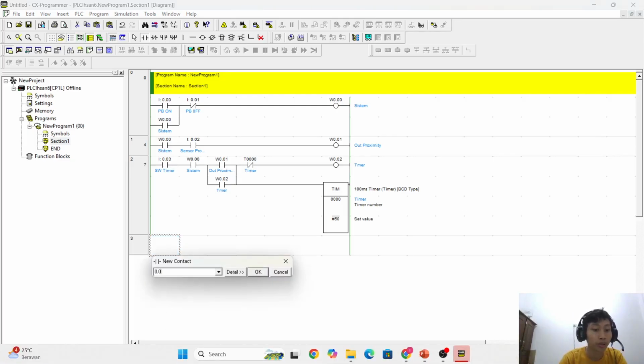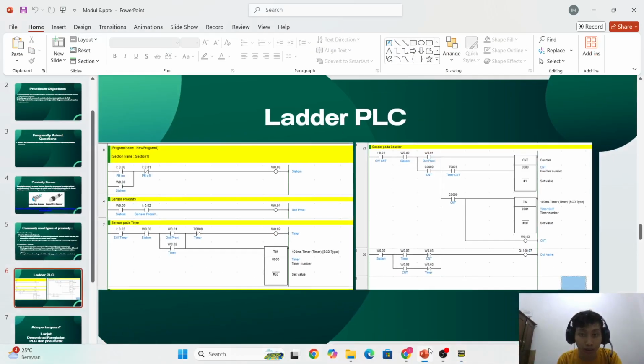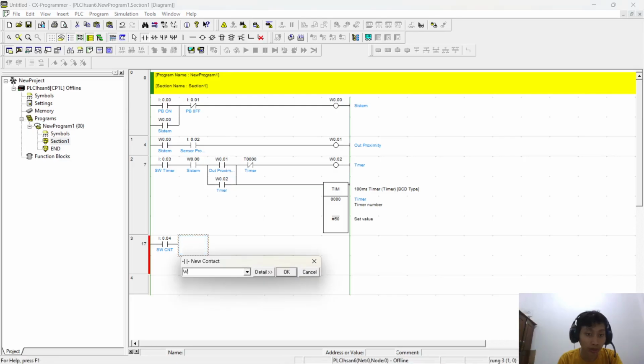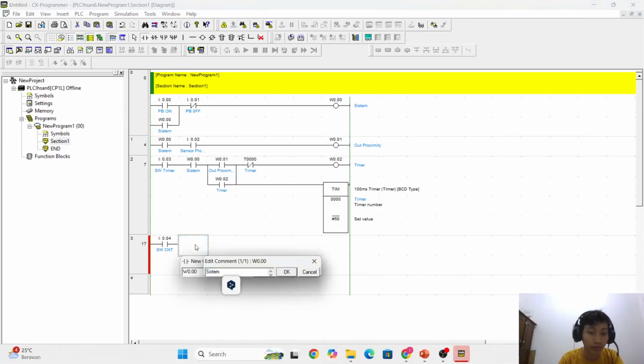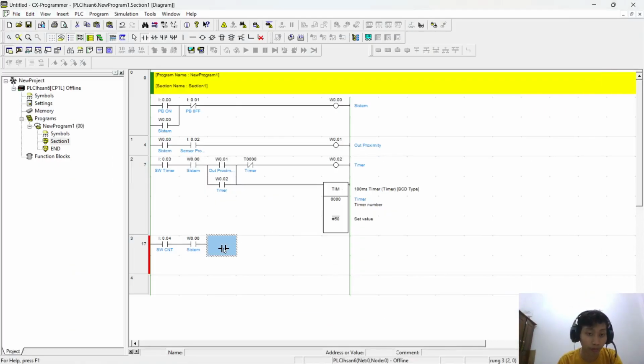Make 0.04 SV SW C and T. Okay, and now make the system too, and then out of proximity.